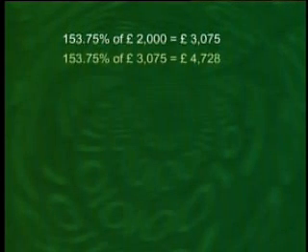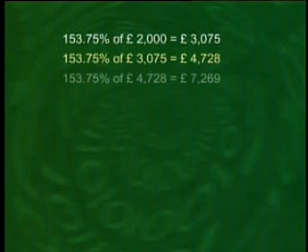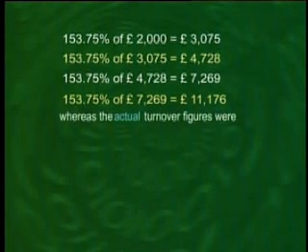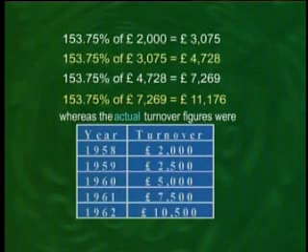153.75% of 2000 equal to 3075, 153.75% of 3075 equal to 4728, 153.75% of 4728 equal to 7269, and 153.75% of 7269 equals 11,176. यानी इस रेट के मुताबिक अगर चलते जाएं तो 1962 में the turnover comes out to be 11,176 pounds sterling, whereas the actual turnover figure for 1962 is